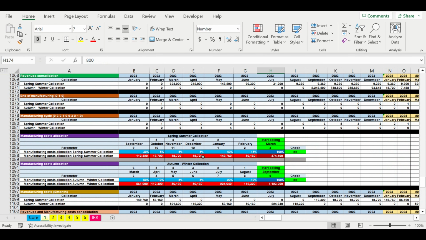Then we are moving to manufacturing cost allocation. So these are collections. This is the moment when collections start selling in store, and 6 months prior to this, we are allocating 100% of manufacturing costs before the collection gets inside the store. So this is for spring-summer collection allocation of manufacturing costs, and this is for autumn-winter collection allocation of manufacturing costs